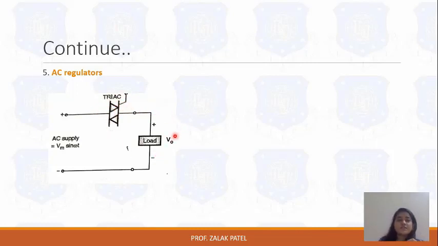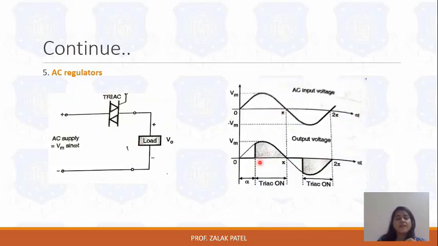You can take either an inductive type of load or a resistive type of load across it. But here AC will be converted into AC, and that's why you can see the diagram remains like this on the upper half portion as well as on the lower half portion, and both cycles will appear at a time. Here you can see that whenever the triac remains on, this will be your diagram.